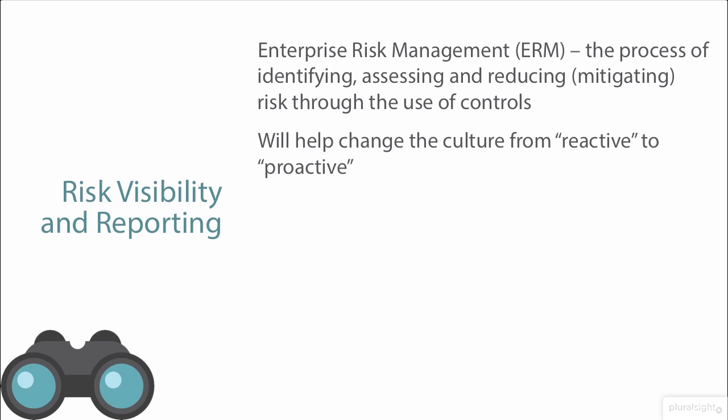And in IT, there's a lot of folks that are very reactive. In other words, there's something that fails, a server fails, a network switch fails, we have an outage, and we react to that. And what we find is, in a lot of cases, that we're reacting to something that may have been able to be prevented. In other words, had we spent the time being proactive and prevented that failure from occurring, then we wouldn't have had the loss. In other words, we have controls in place. We would have reduced the loss that would have occurred. And that puts us in a very proactive place to be in.